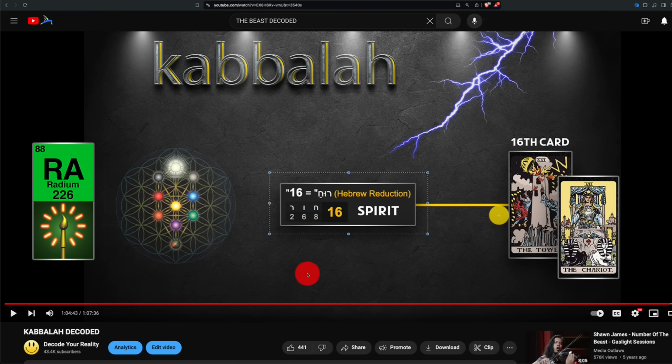Spirit reduces down to the number 7. And the 7th card in the tarot is the Chariot. Woo! Let's take a ride on the Chariot, the fast-moving Chariot, because the Chariot represents spirit. It's got the dualistic sphinxes here. Ride the lightning. When lightning comes down, this main bolt, it branches off, and you can see